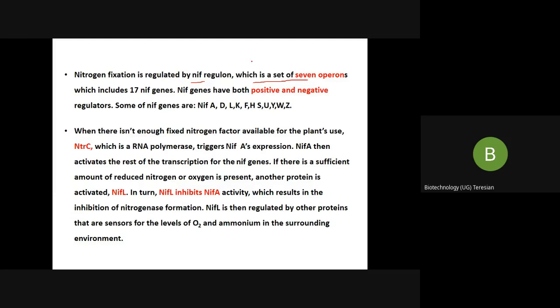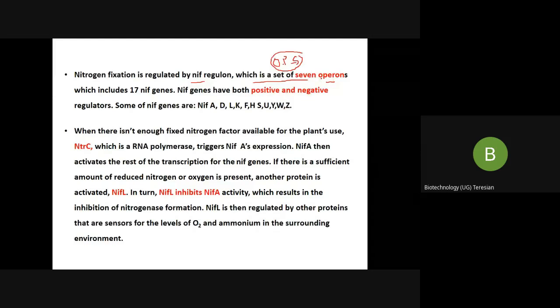This operon will have a promoter gene, an operator gene, and structural genes. So it is a genetic material that functions in a coordinated manner. Whether it is the operator gene, the promoter gene, or the structural genes, they act together in a coordinated manner. There is coordination between them, and they are also transcribed together. So this is called an operon.